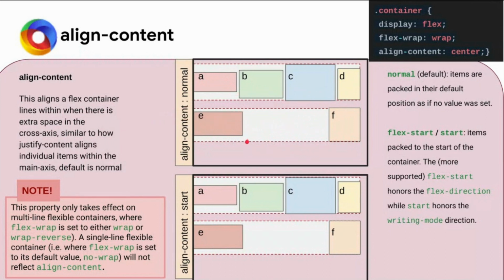Now what we want to do is alter this particular row. If you say this particular row is one block, and this particular row is one block, we can use align content. Suppose here it is the normal one, that is the default behavior. If we put start, everything comes to the top, so this one comes to the top, followed by this one, which also starts and sticks to the top.